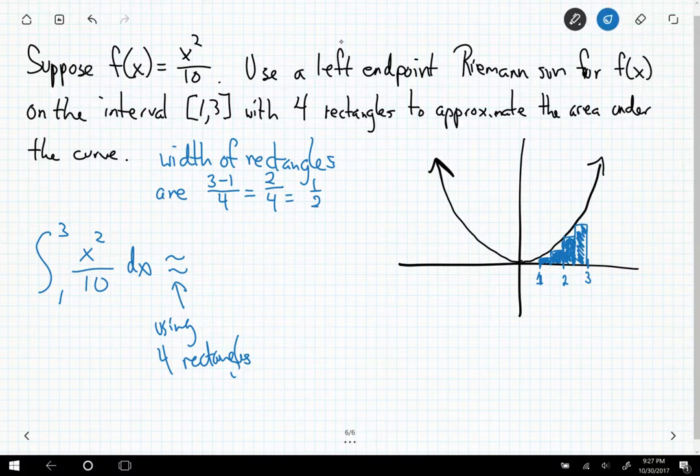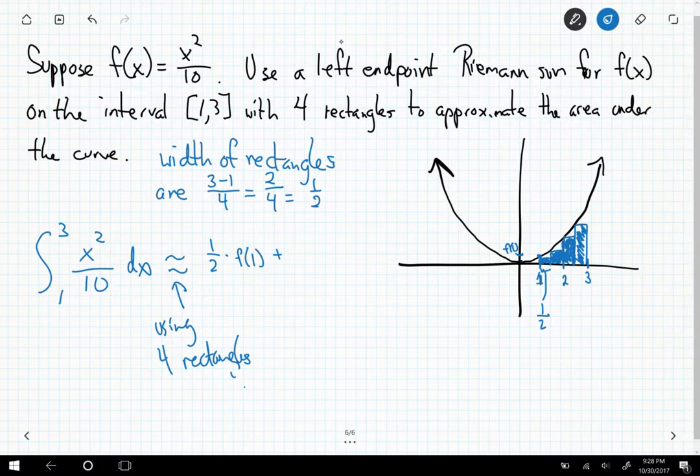What's the width of that first rectangle? So notice the width has to be 1/2. We already talked about that. So we get 1/2 times. What's our height? Well, our height, notice it's a point on the curve, right? So it's that point on the curve. Well, what value would that be? That will correspond to f of 1. Right? So 1/2 times f of 1 plus,